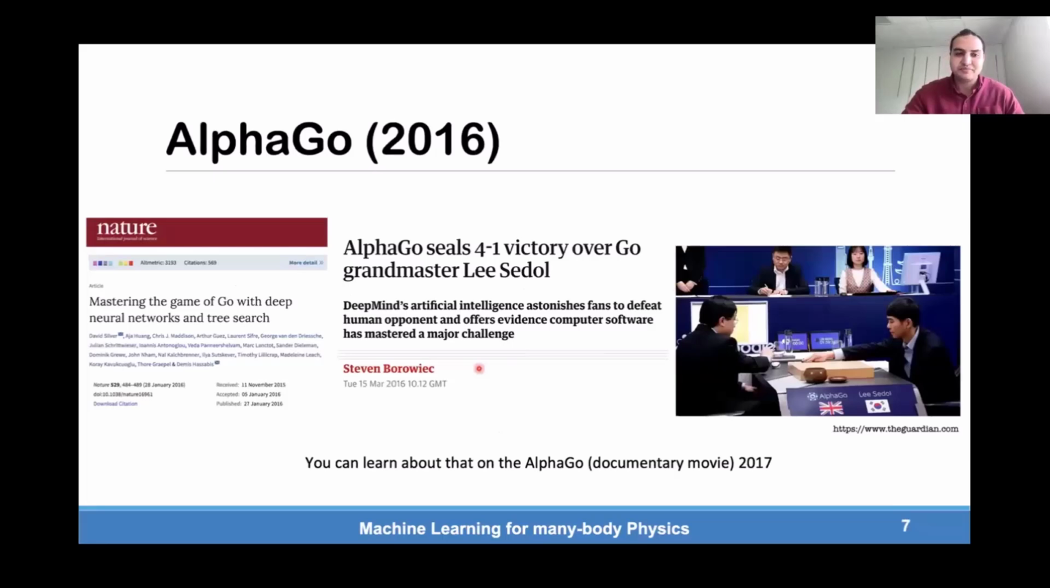And this was even more amplified with other breakthroughs, like the one made by DeepMind in the game of Go, which is one of the most difficult games known in history, where a computer algorithm managed to beat one of the world champions. And there's also a documentary about this from 2017 that you can check out if you want to learn